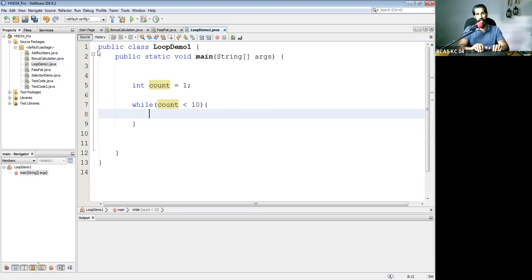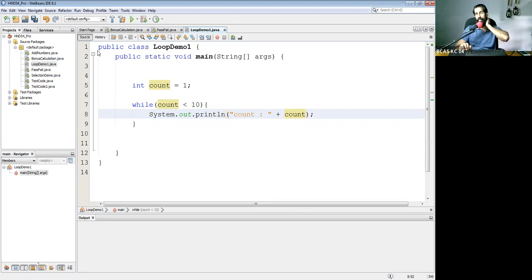We're going to say display count. In Java, you say System.out.println, which is the display command in Java. Whatever you print inside double quotations will be printed as it is. So we say count and a colon, which will print as a label. You can put a plus mark, and then the loop control variable count, and the value of count will be displayed.